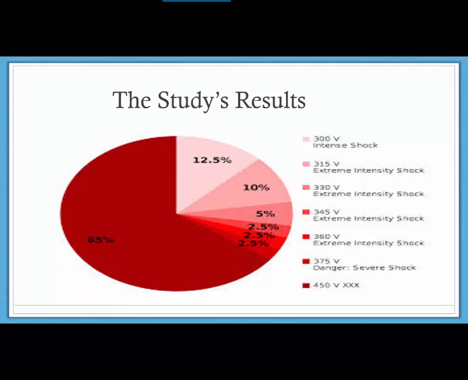But over 65%, so close to two-thirds of people, administered the full shock. And so, that seemed to suggest that the justification that people give about obedience, that they're just following orders, was supported: that when an authority figure makes a direct request, people are more likely to obey than to not obey, even when it is something that